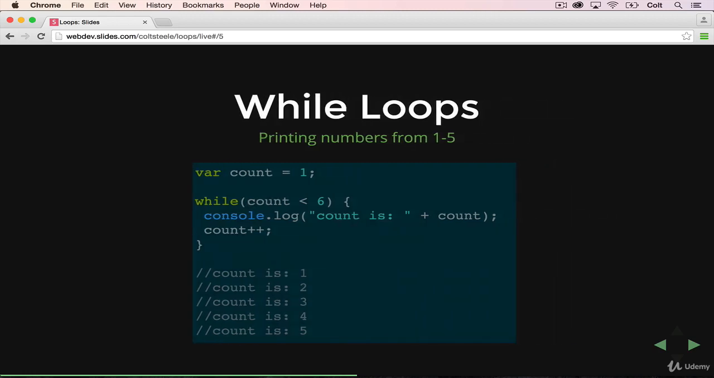So here's an example of using a while loop to print the numbers from 1 to 5. We start by initializing a variable called count, could be named anything, and we start it as 1. Then we have our while loop, and the syntax again is while and then a condition. In this case, the condition is count less than 6. So the first time that this loop runs, count is 1, so 1 less than 6 is true, so then this code is run. So that's going to print out count is 1, and then it will add 1 to